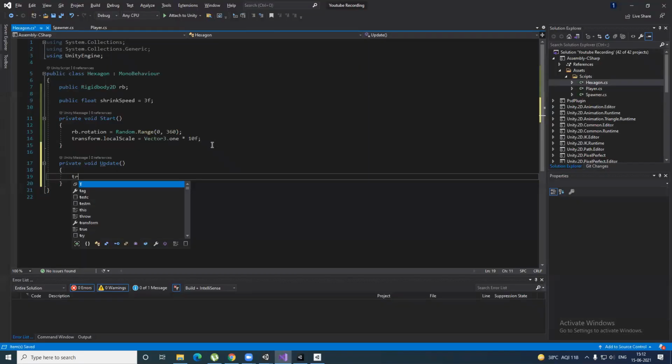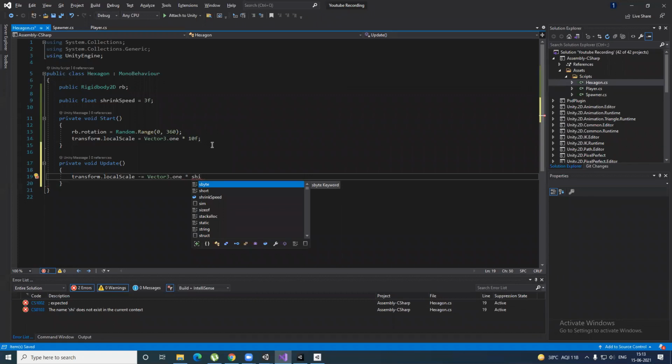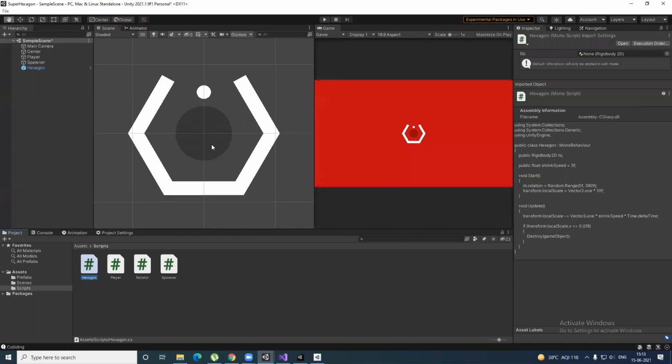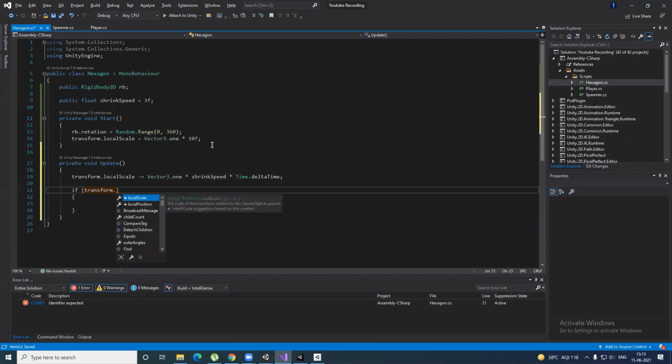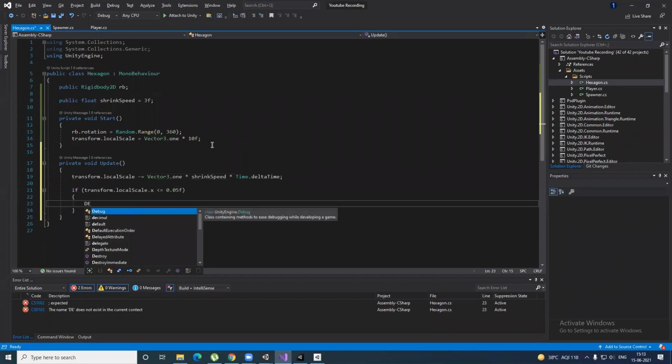In this method, we're going to do transform.localScale -= Vector3.one * shrinkSpeed * Time.deltaTime, and if transform.localScale.x is less than or equal to 0.05f, then we have to destroy.